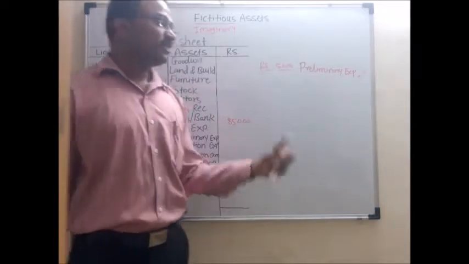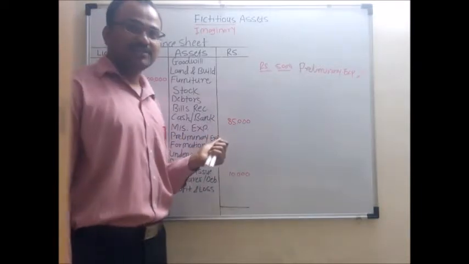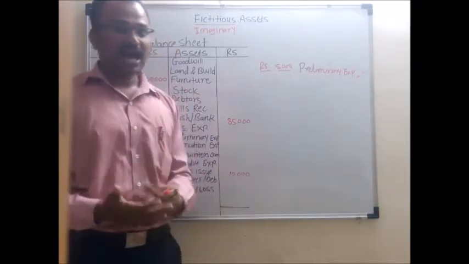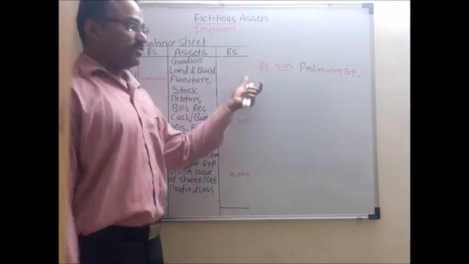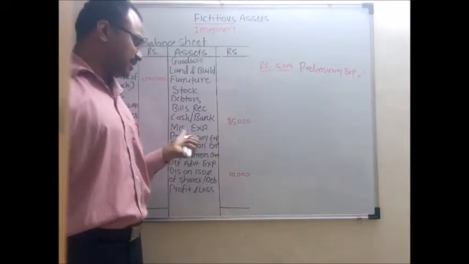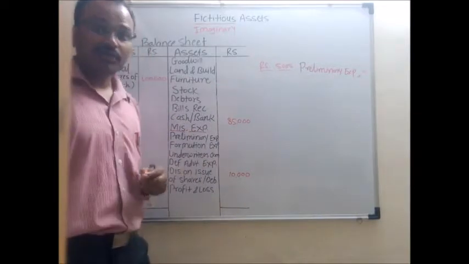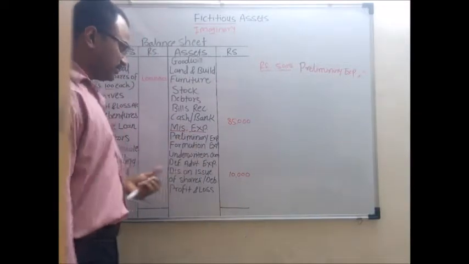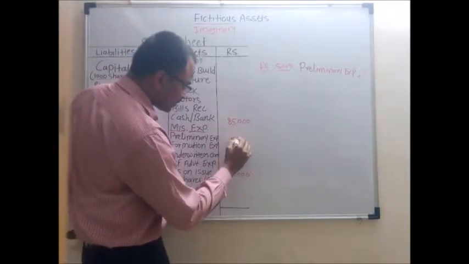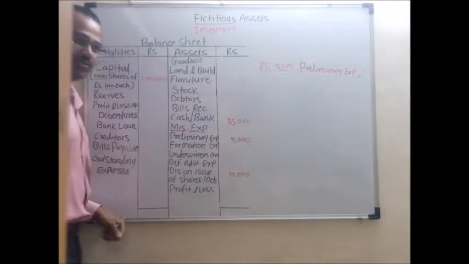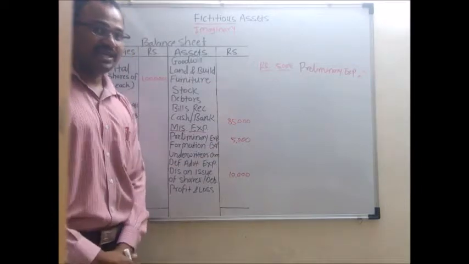As these preliminary expenses are one-time expenses incurred in the lifetime of the company, these expenses are also initially shown under the head miscellaneous expenditure, and those expenditures are written off over a period of time. So here I have to record these preliminary expenses under the head miscellaneous expenditure, which is actually a fictitious asset. I record 5,000 here. Only then will my balance sheet get tallied.